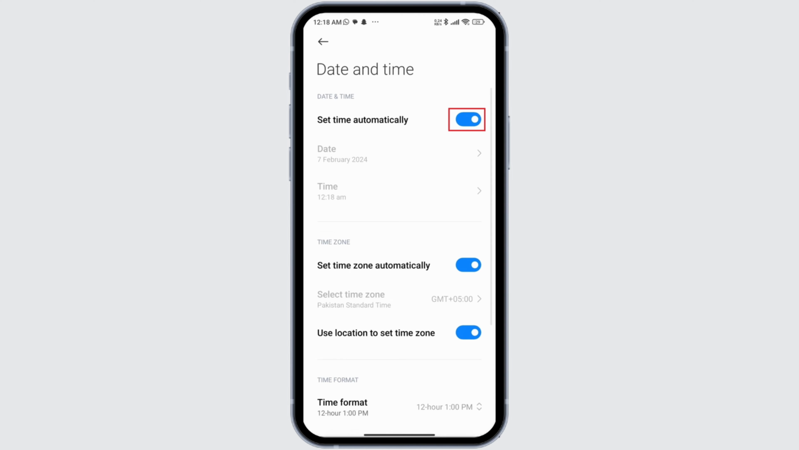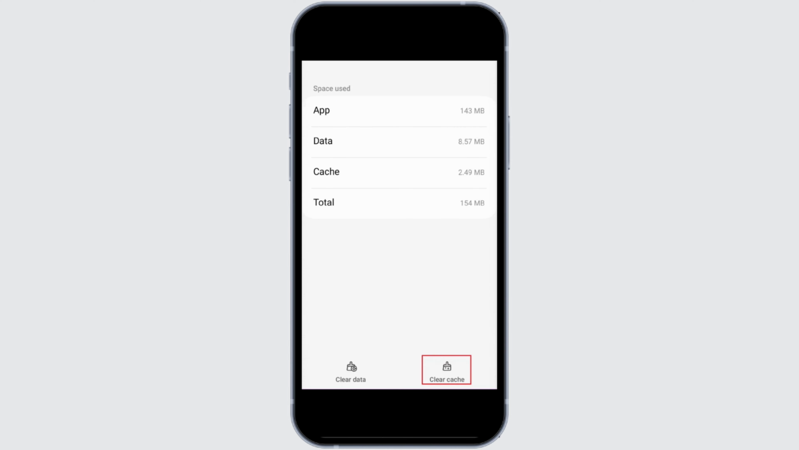And now you also need to check the date and time for your phone device as that might also cause problems with the application. After that, simply clear the cache for Chipotle application by going to the settings of